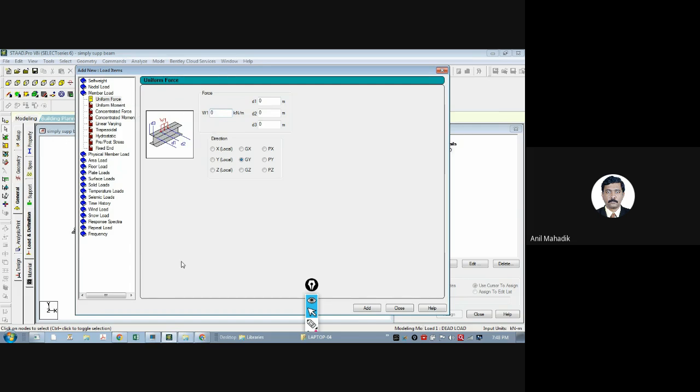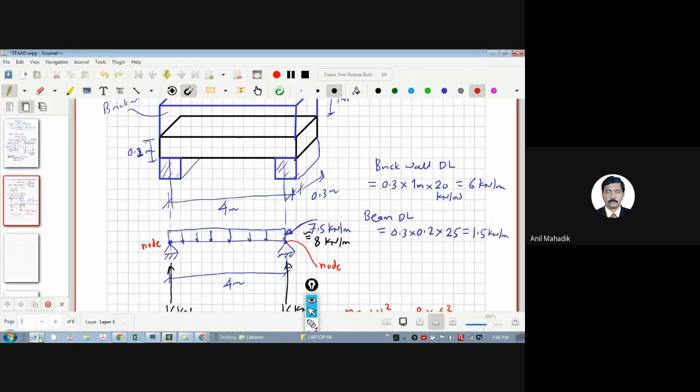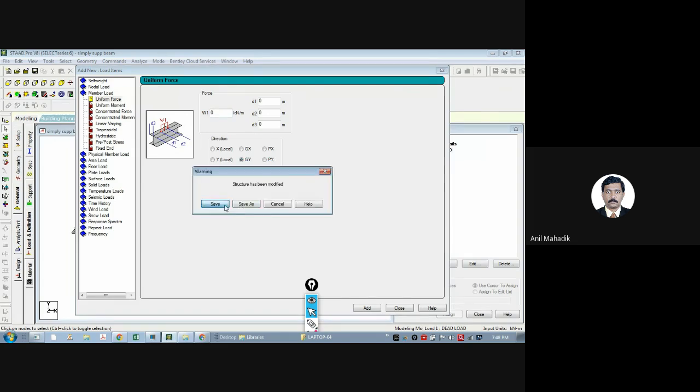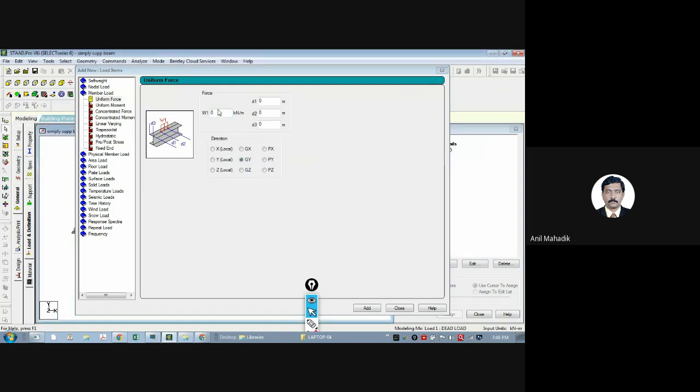Now what is our W1? कितना है हमारा 8 kilonewton per meter. Okay, right? Now here we cannot write 8 kilonewton per meter, but we generally write -8. So there is a reason for that. So if you see